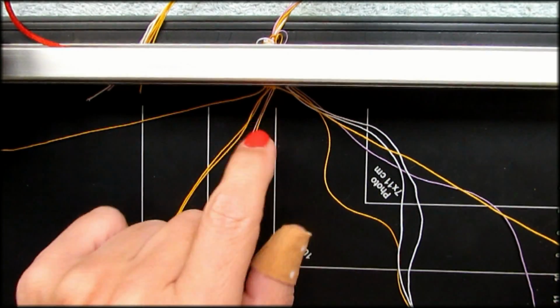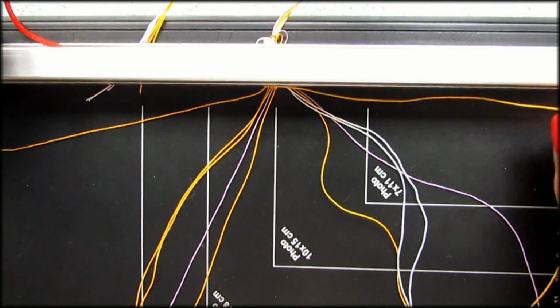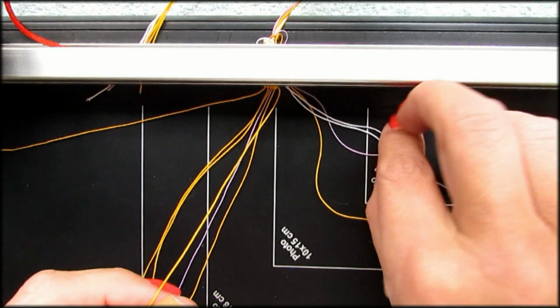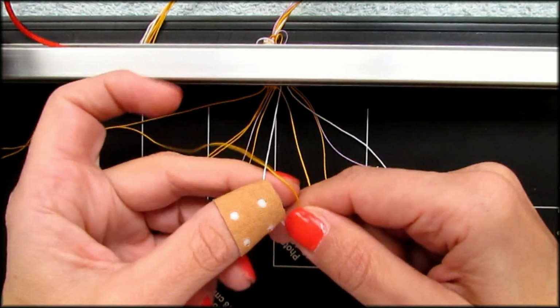You can see, if you get confused with your colors, that this thread is actually going that way. So that's the one that you're working with. That's the one that goes in your left hand. Now we're going to pick up 2 whites, but first we're going to pick up 1 white, one at a time. Going to go over your finger into the loop